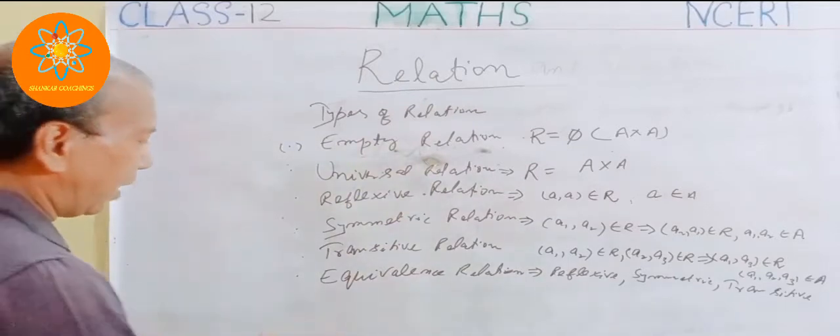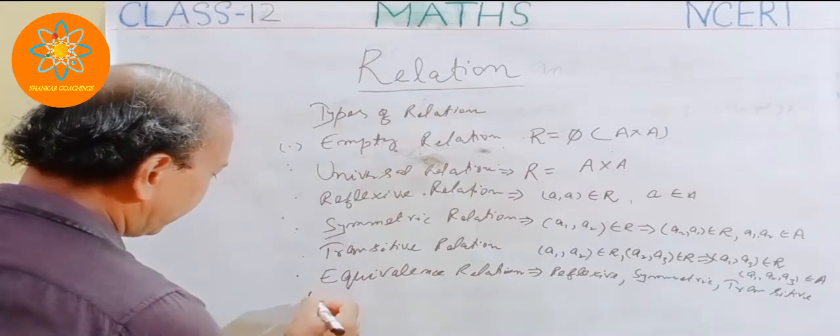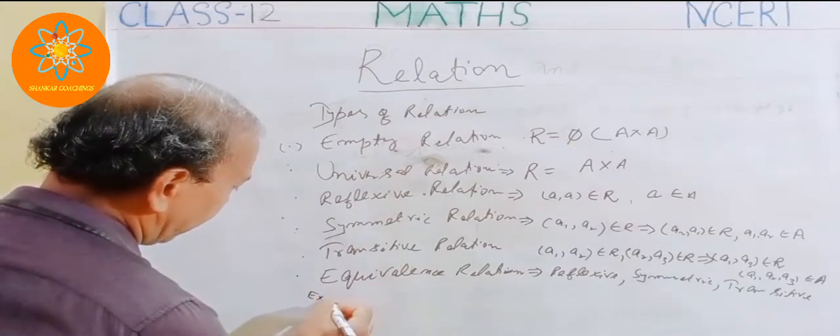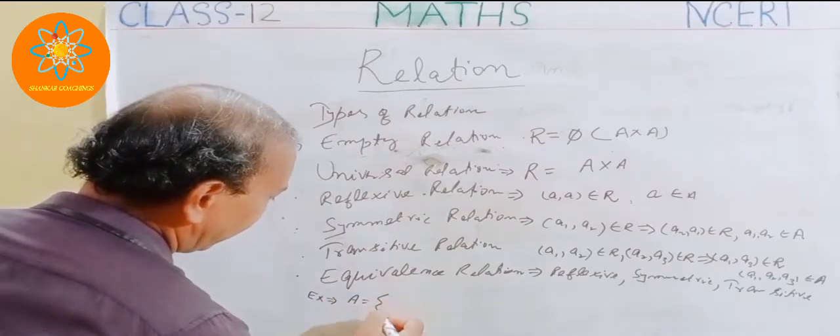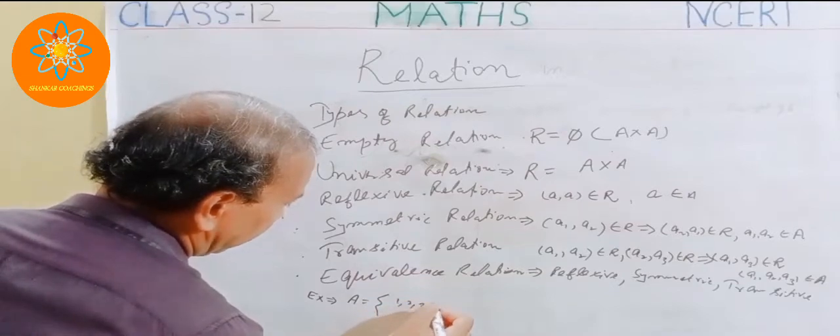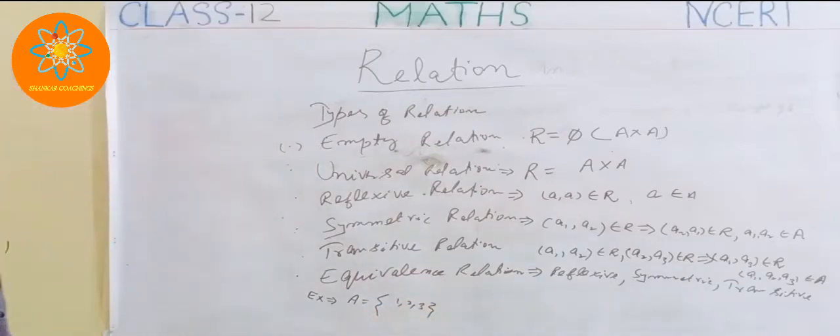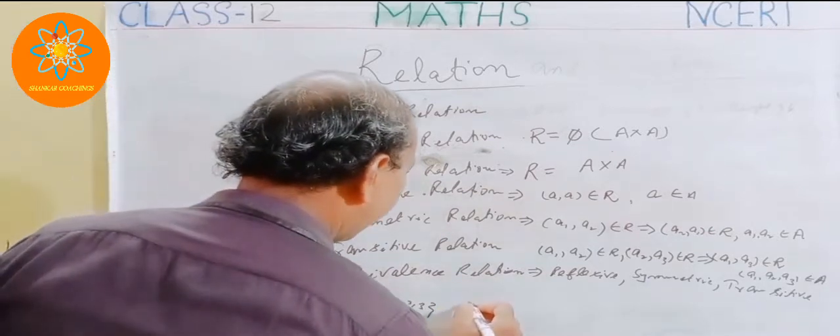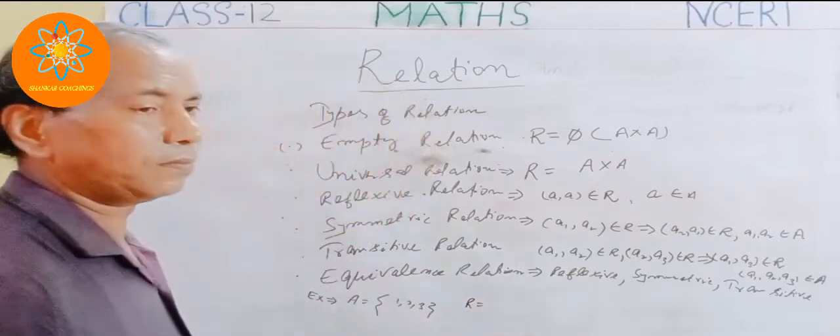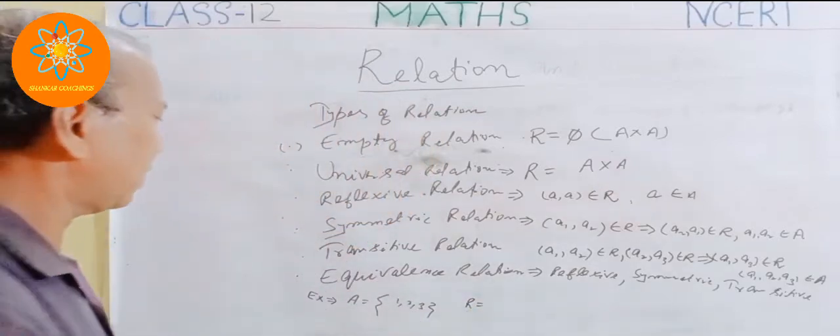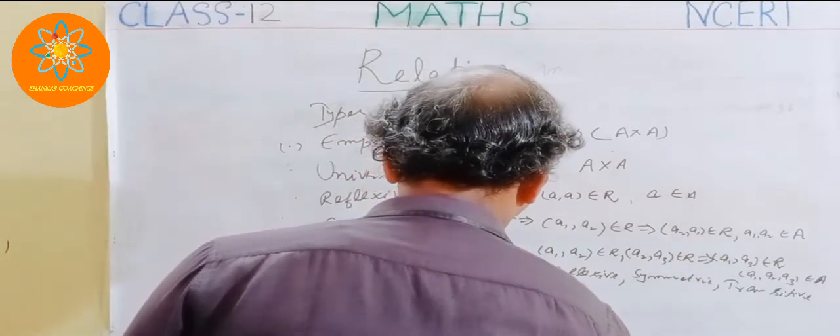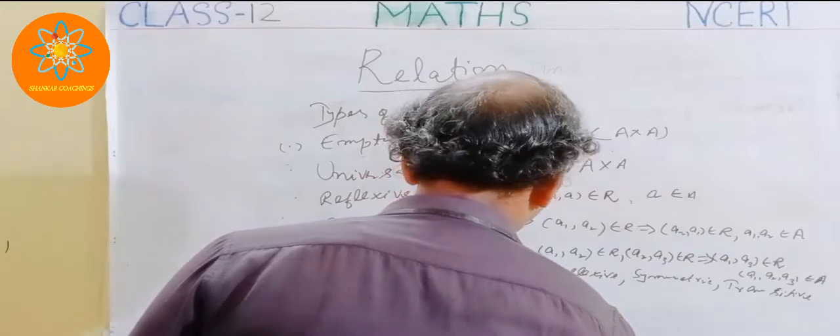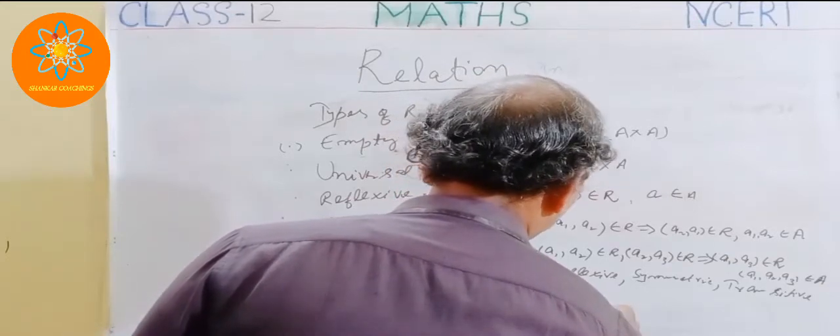I am taking one example to understand this. Let's suppose a set A is given: 1, 2 and 3. And the relation R is given, meaning ordered pairs are given, like this: (1,1), (2,2), (3,3),